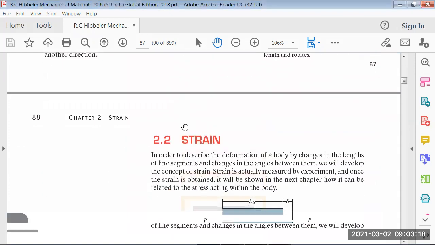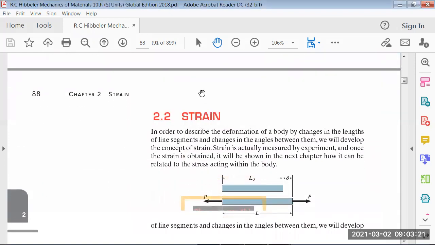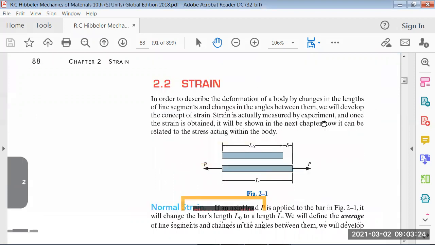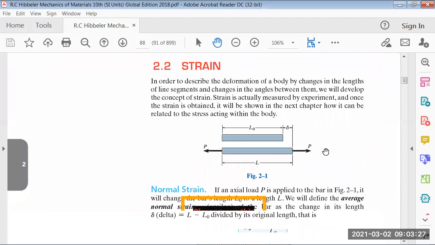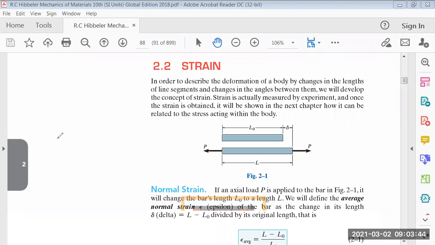Now we go into something else called strain, the concept of strain. Once we have defined the concept of deformation, we can now understand what strain is. Strain is just a dimensionless, unitless kind of deformation. The definition of strain, which symbolically we represent by epsilon, is epsilon equal to delta L,